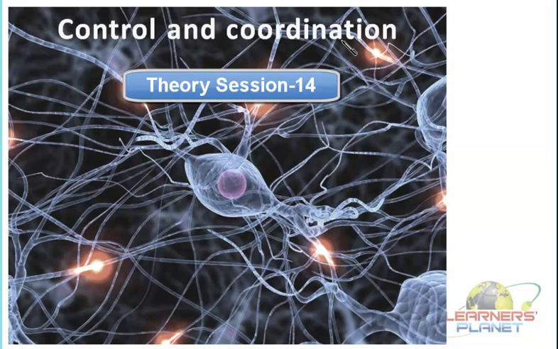So far we had studied control and coordination in animals, and then we started with the process in plants. As we had seen, this process in plants and animals is very much different from each other, isn't it? Animals are highly complex organisms, they are heterotrophic, and they can move from one place to another. All these characteristics are very much different from those of plants, and this is the reason why there is a difference in the control and coordination processes too.